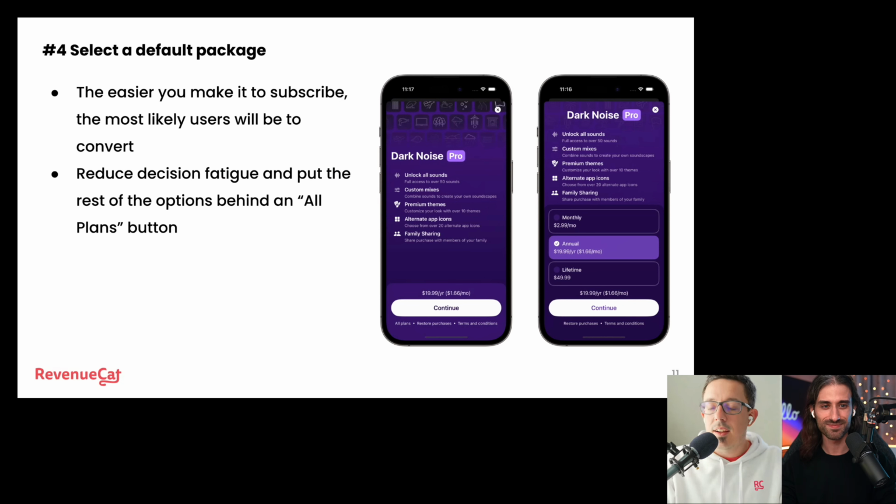Yeah, exactly. And to that point, the nice thing on at least Apple and Google platforms is that their prompt will show up and will show all the details. So I definitely am not advocating for anything scammy or hiding things from users, because that's all going to show up in churn and lower ratings and all that stuff down the road. But yeah, I think reducing the amount of decisions is a good idea, but test everything, because I would have thought that only showing one option would have performed better, but I keep hearing that that's not necessarily always the case. And so I'm currently in the throes of testing that myself right now.